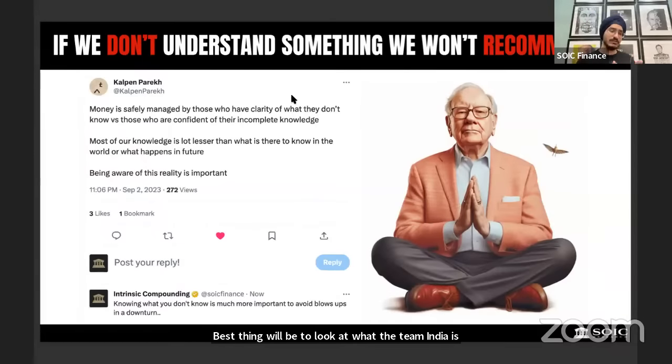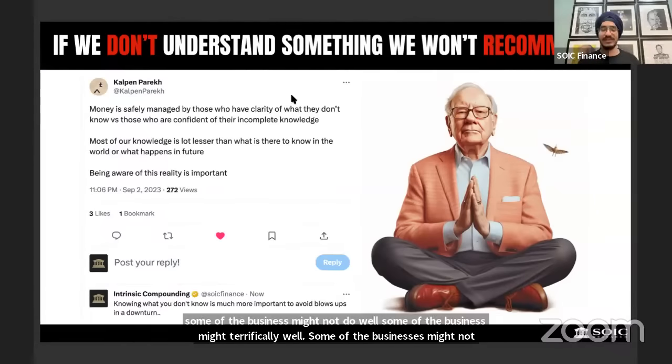Because this is a big problem that retail investors come into a research product thinking कि यार कि everything will be 100 on 100. Answer is no, हो ही नहीं सकता. Some of the businesses might not do well, some of the business might do terrifically well. मतलब जो ये सोचा भी नहीं था उससे भी ज्यादा अच्छा कर जाएंगे. कुछ तो भी एक्चुअली में ऐसा लग भी रहा है. So that is the idea,